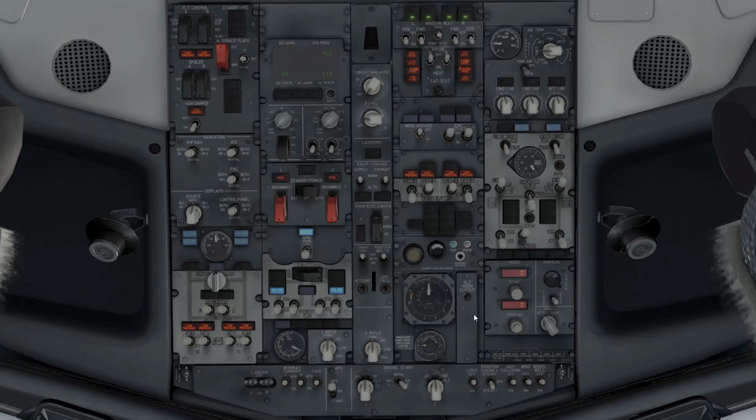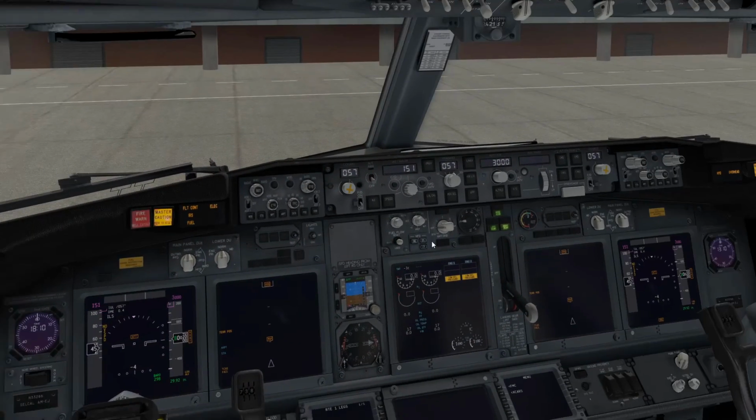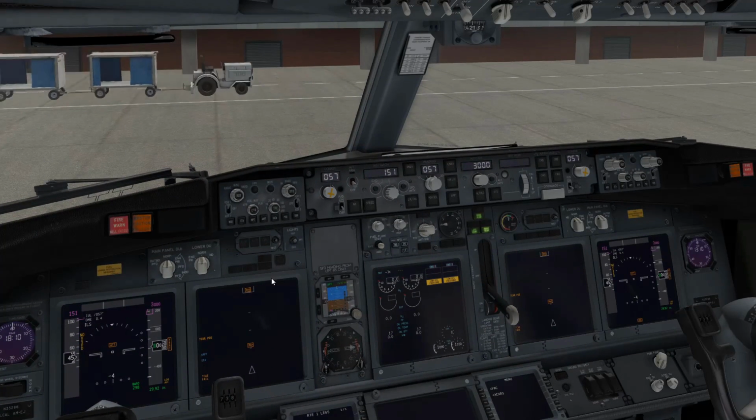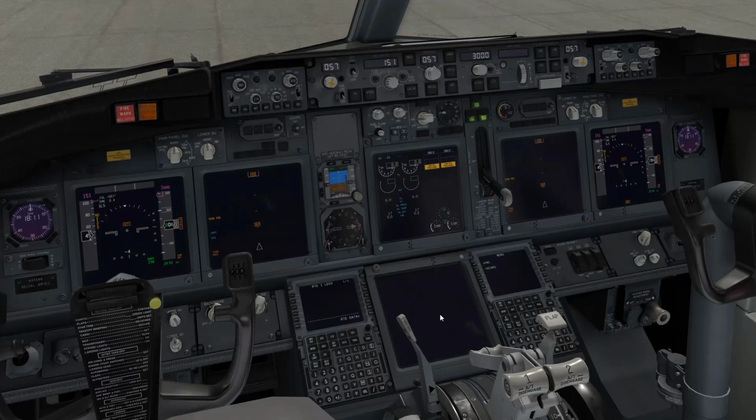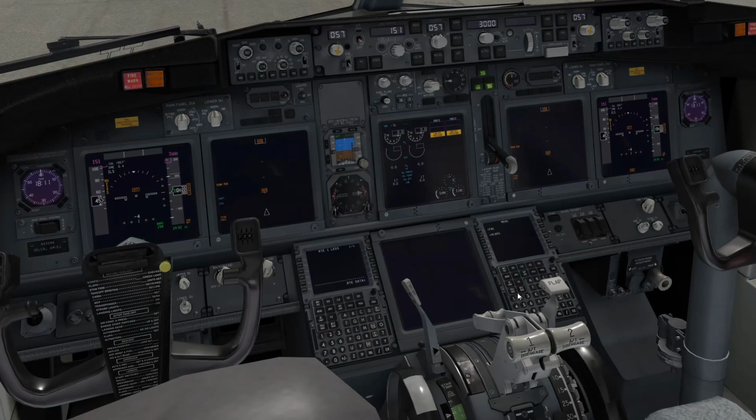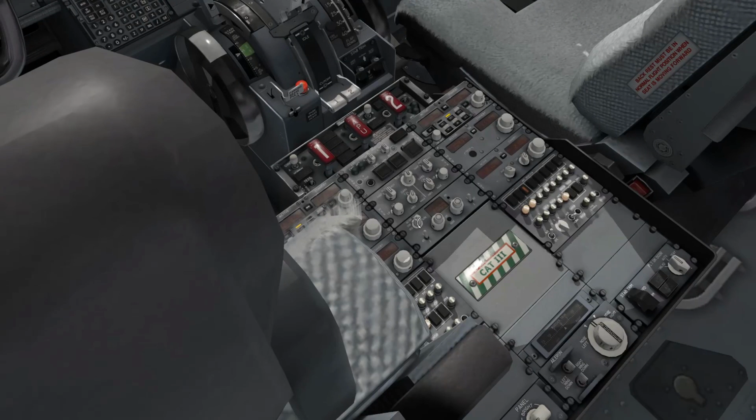Flight directors off. Weather radar is off. Speed brake down, flaps up. Transponder 1000 standby, or 2000. External power is